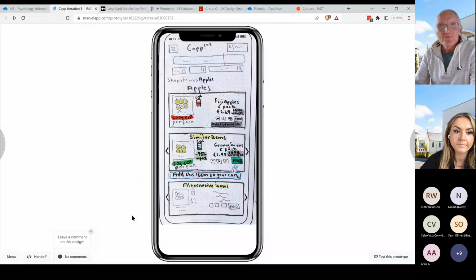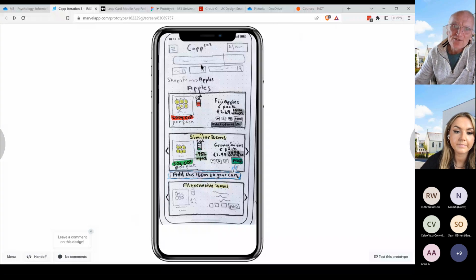So this is a project that was done in the first module 2 years ago. It's a paper prototype, designed for an app that would allow people to get an idea of the CO2 footprint of stuff that they bought online. I think it was a food shopping app.